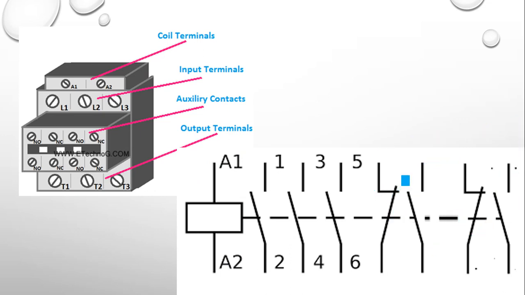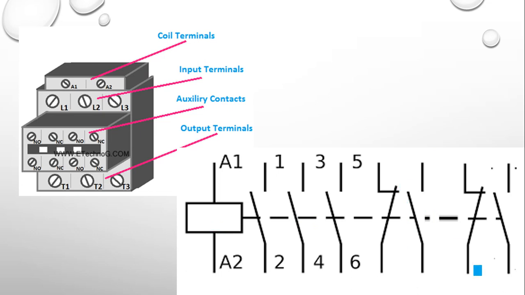This contact, you will be able to see, is normally closed. That means when the coil is not energized, this contact is closed. So it is known as normally closed. And one more contact is there which is normally closed. And this auxiliary contact is normally open. That means when supply is not available to the coil, this contact will be open.